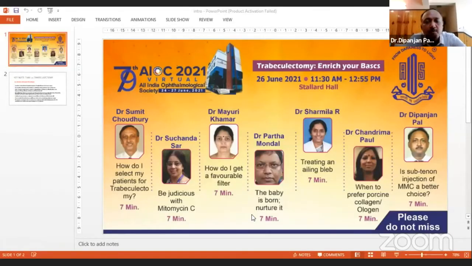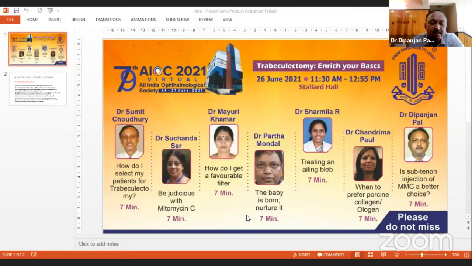So, good morning all, and thanks to the All India Ophthalmic Society for giving us this wonderful opportunity. Our IC is trabeculectomy, enrich your basics. As we know, trabeculectomy has undergone revolutionary changes since its inception. Judicious augmentation with antimetabolites, selective use of porcine collagen, and various modifications of the standard procedure have ensured enhanced success with increased safety. Intensive post-operative follow-up and a low threshold for early intervention has resulted in a higher proportion of eyes